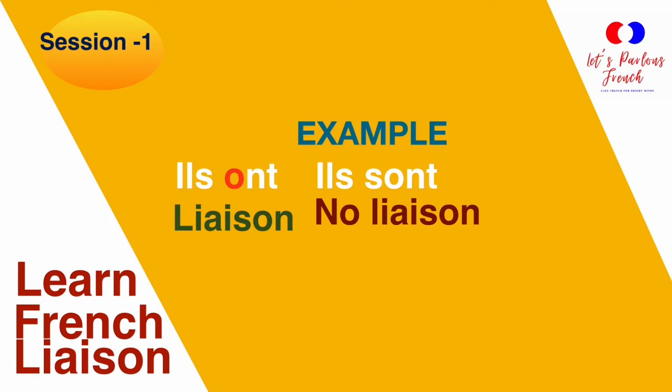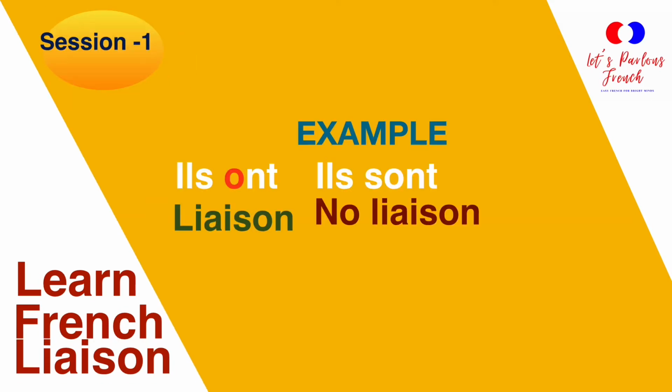So this has liaison as the s in ils is silent and it is followed by a vowel, o from ont. So the s in the end gives the sound z: ils ont. Whereas the conjugation of verb être in third person plural gives the sound ils sont,